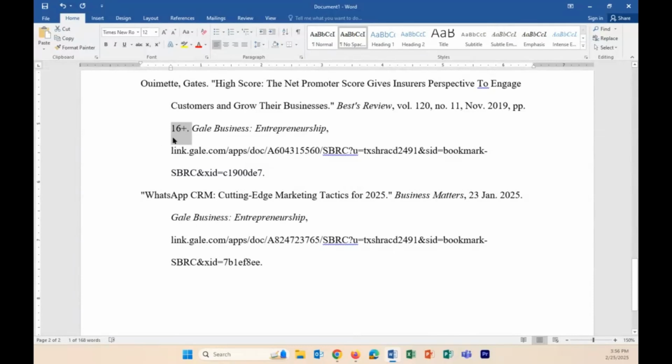So it's good to have it here in the source citation. But as far as the in-text citation, you don't know what page it came from. It could be 16, it could be 93, 49, you don't know because the page number wasn't included in the